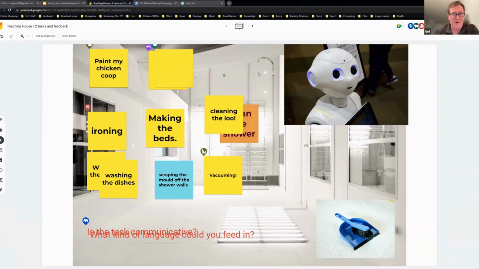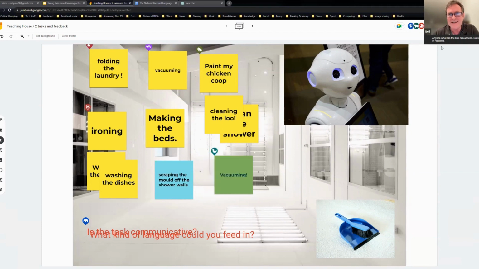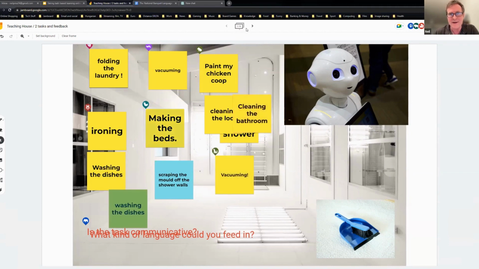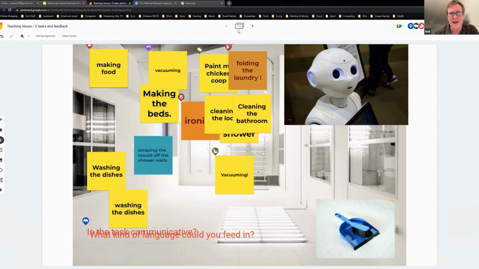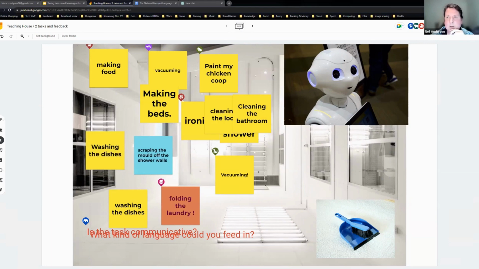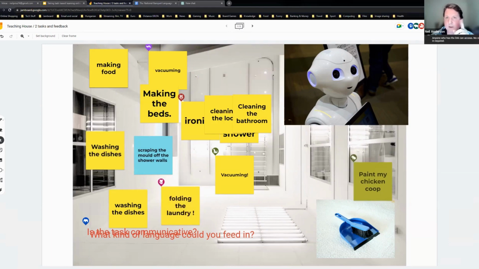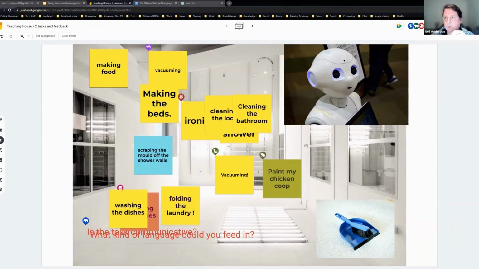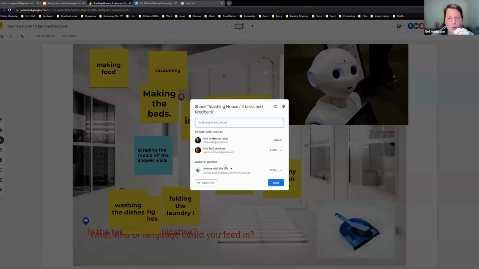Now, Neil, can you show them, everybody look very carefully, there's a tiny little arrow at the top, which is absolutely essential. When Neil clicks this, you'll see something magical about Jamboard. I'm going to stop everyone from writing stuff. This is just a typical Google share options.